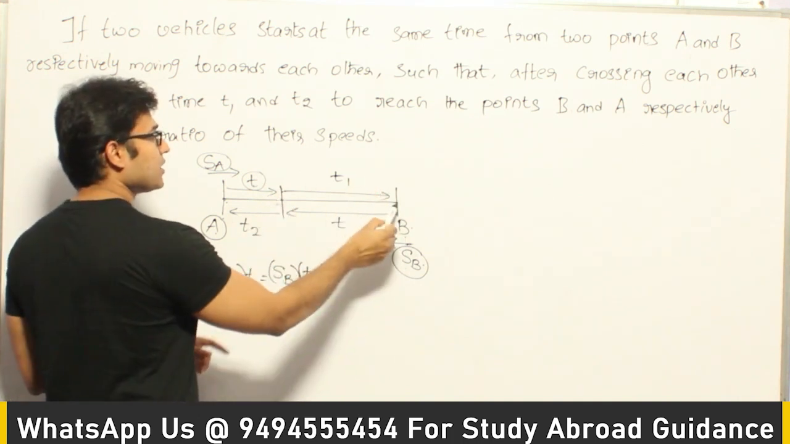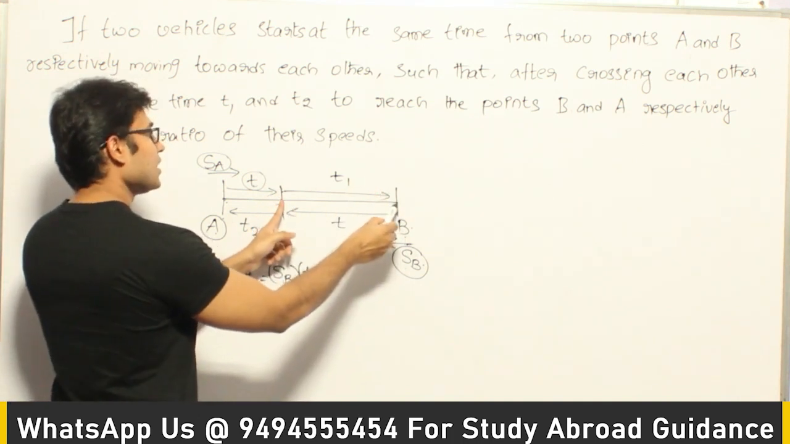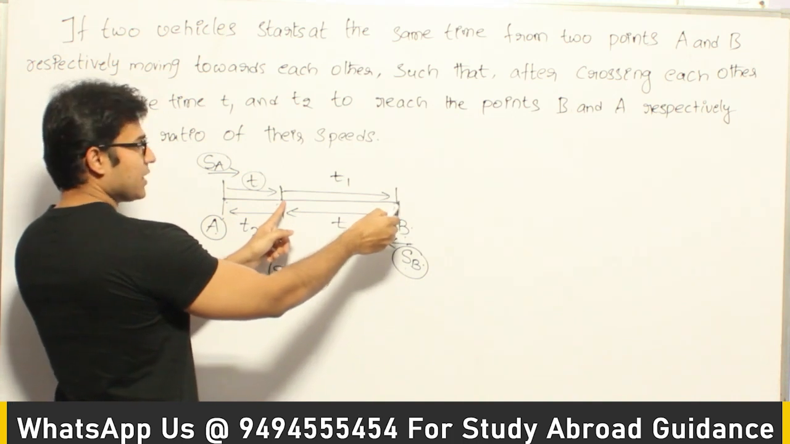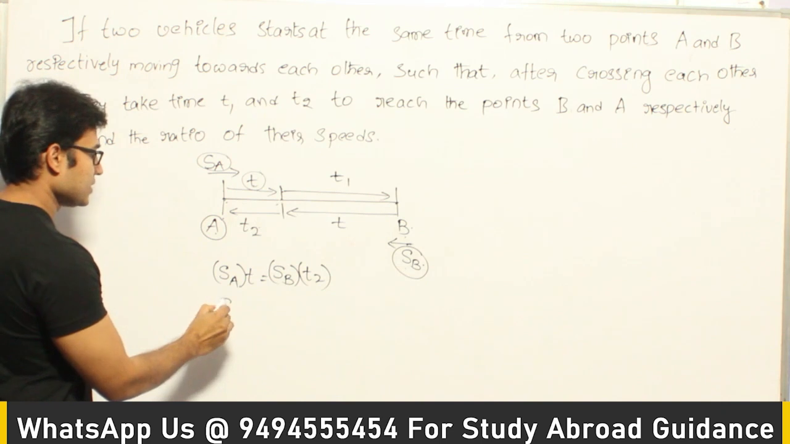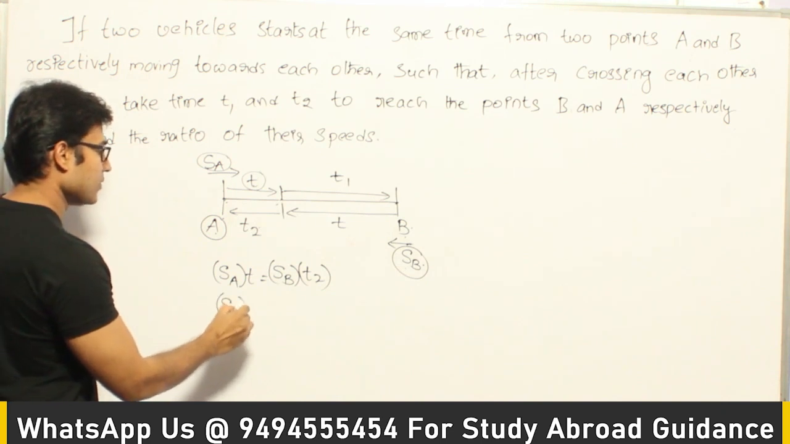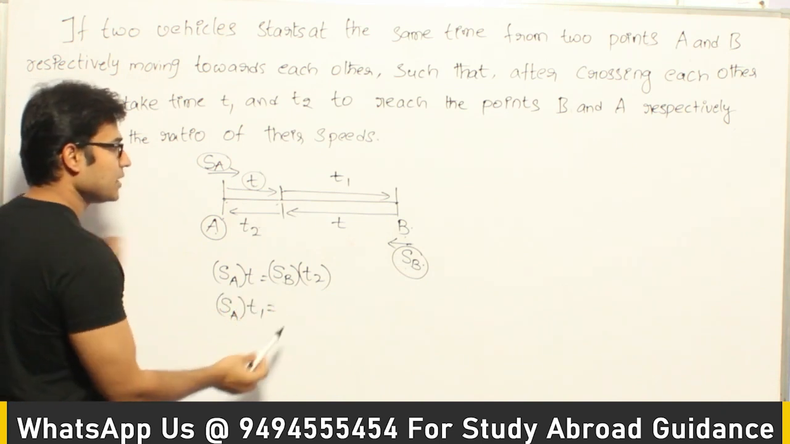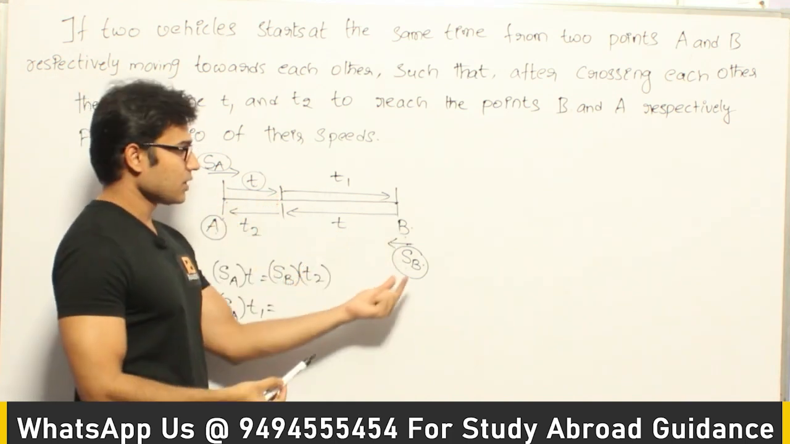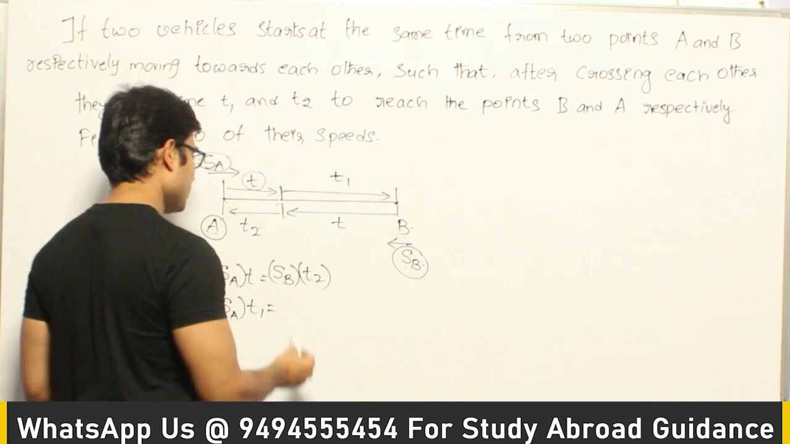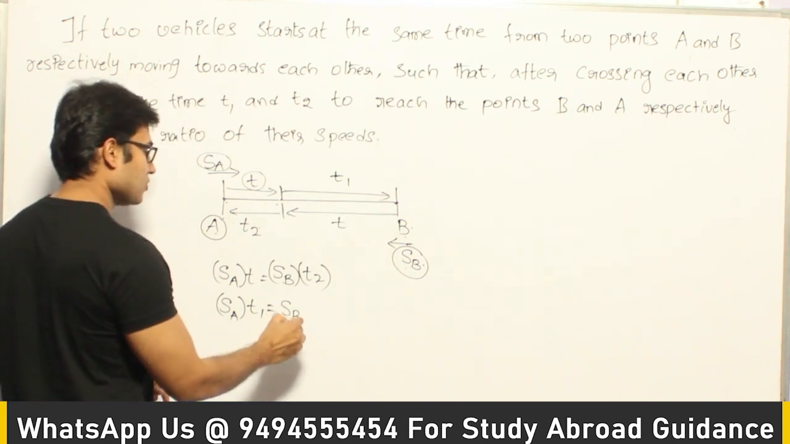So from here to here, what is the distance covered by the vehicle starting at A in terms of the speed of A? That will be SA into T1. That should be equal to the same distance which is covered by B from here to here, right? So in terms of the speed of B, what can you write it as? SB into T,